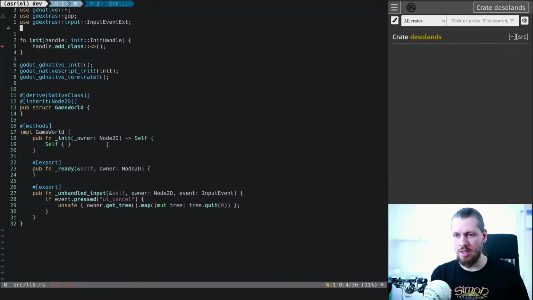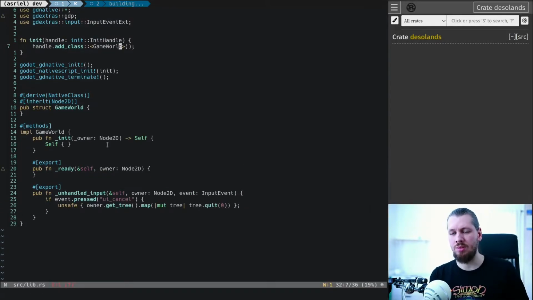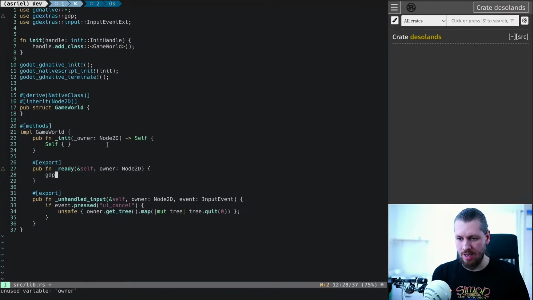Okay, and then I need to obviously add the game world to this handle, otherwise it won't be available in Godot. What am I missing? Okay, and I haven't done my hello world either, so let's do that. Okay, so the next thing we're going to do, if this builds, it did, is go